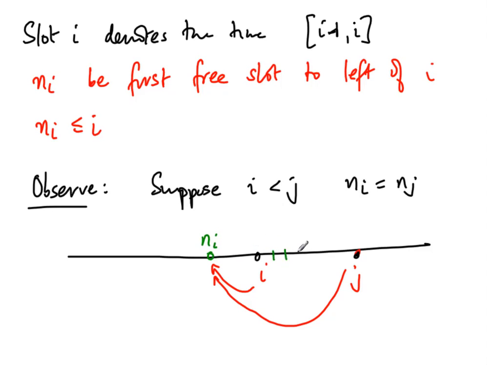Then for every intermediate slot also, this must be the first free slot, so none of them can find any slot which is further to the right. So everything from i to j has the same left endpoint in terms of the first free slot to the left. So I will say that i and j are in the same set